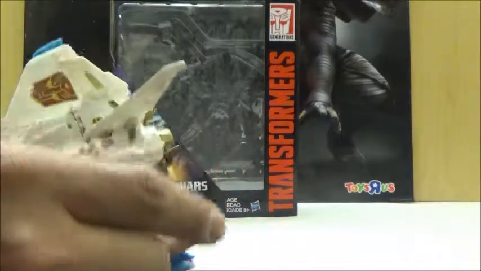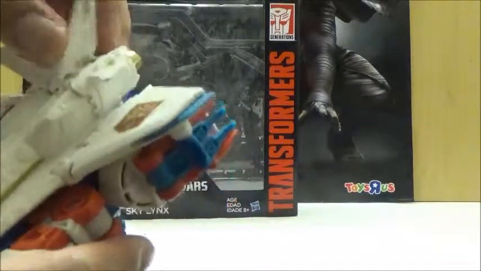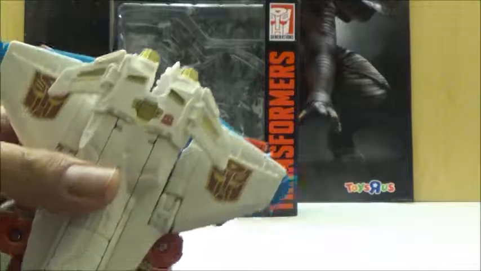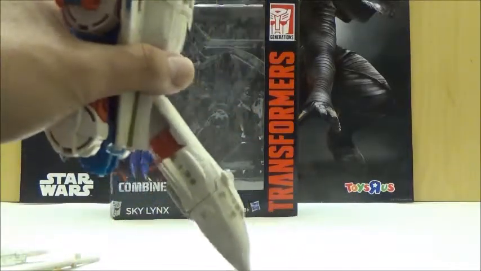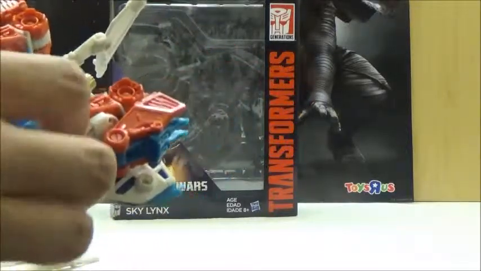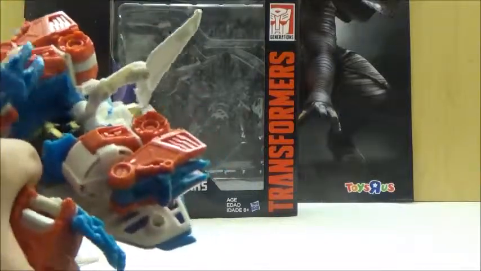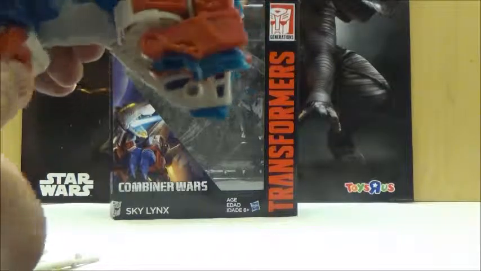However, because it is a Combiner Wars release, we will transform it into its Combiner mode. To do that, what we're going to do is pull this piece away. So it looks like this. Unfortunately, you're just going to keep the piece like that, like so. As you can see, most of the components are together, but we're going to slightly almost transform it into its robot mode, but instead we're going to lay these flat,